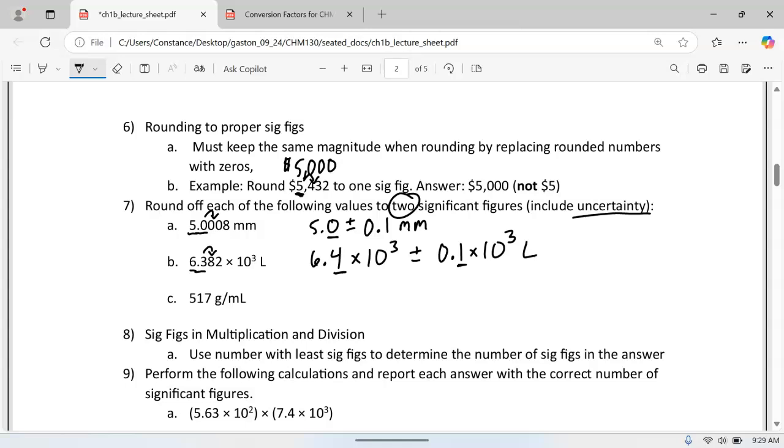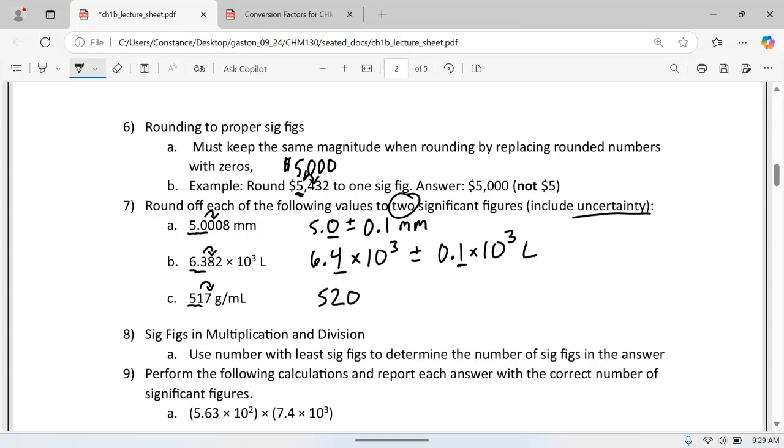Okay, and then the last example, we have 517. 2 sig figs would be the 5 and the 1. Look to the 7, tells me to round that 1 up to a 2. But I can't stop at 52, right? Because if I had $517 in the bank and then the banker told me I only had $52 in the bank, I would be upset. No, I have about